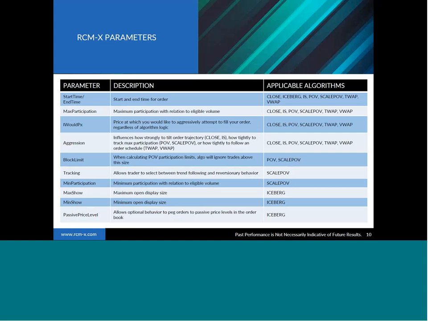An I would price is available on the benchmark algorithms, and it's a price where you say if the market reaches this price, it's a really great price, just try to fill as much as you can at that price and start ignoring the schedule, just get as much done as possible. So, for instance, if you're trying to buy the S&P Mini and price is around 2,300 and you say, hey, if the price falls to 2,200, that's a really great price to buy it, just get as much of the order done as possible. So the I would price lets you enter that preference.